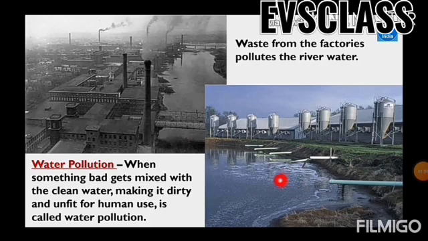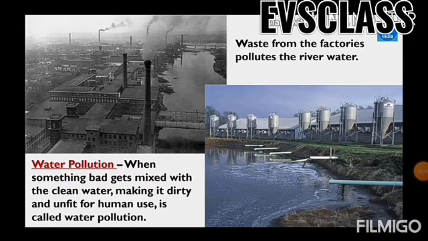So how does water get polluted? When something bad gets mixed with clean water, making it dirty and unfit for human use. Understood, students? So it is called water pollution. See the definition very properly, water pollution.